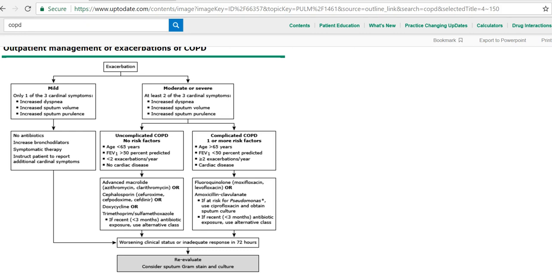So some things to consider in terms of if we go from outpatient or worsening. It says here worsening or an inadequate response in 72 hours. Then we need to consider sticking them in the hospital, right? What you're looking for when you bring those patients back, and what you would be considering in terms of an inadequate response would be